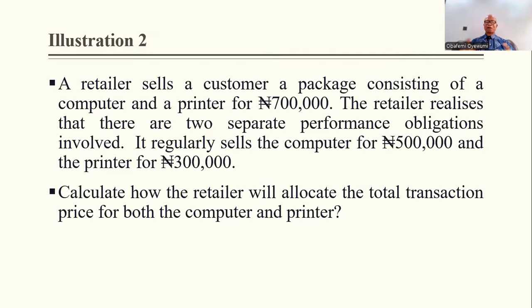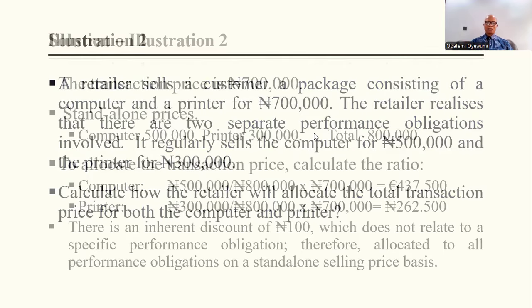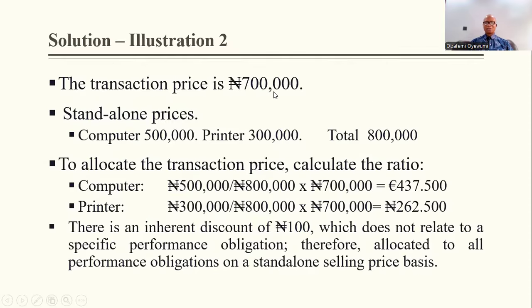700,000. So how do you allocate 700,000 to the two obligations? One, the supply of the computer, and then two, the supply of the printer. Okay, so let's look at it here. The transaction price is what? 700,000. Standalone price is 500 plus 300. That's 2,000. So you're going to derive the